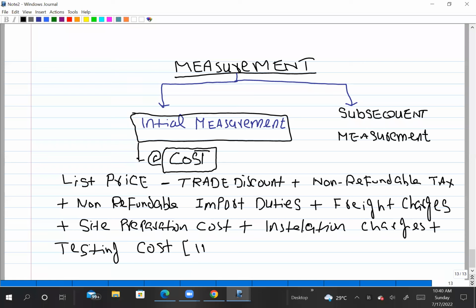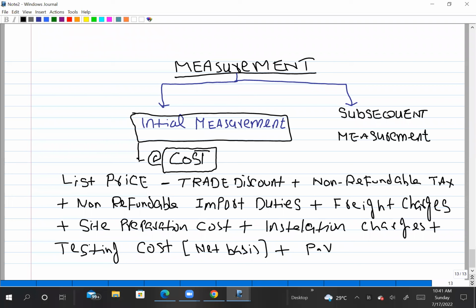but the testing cost will be added on net basis. Net basis means when we test run, obviously it will involve cost, but due to the test run there will be some production that has some scrap value. So on net basis, the testing cost will be capitalized as the initial cost,